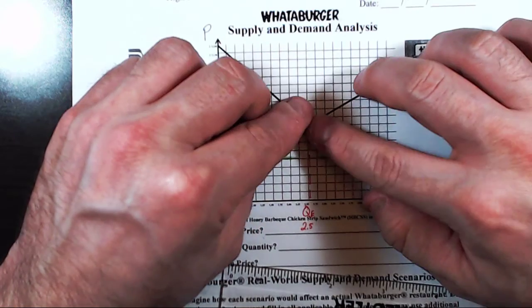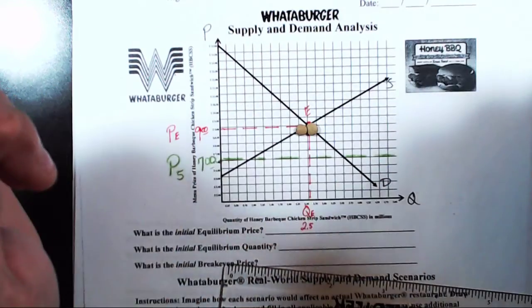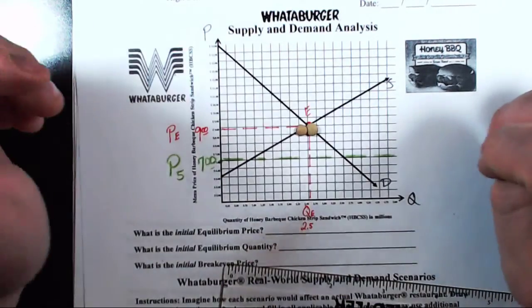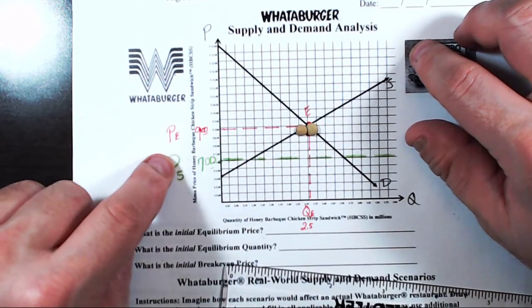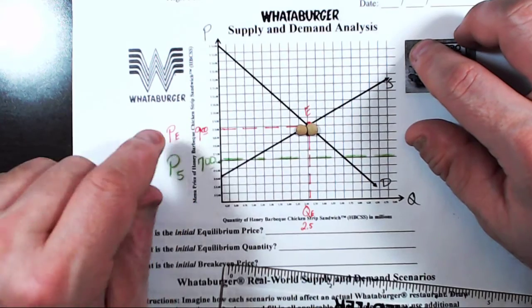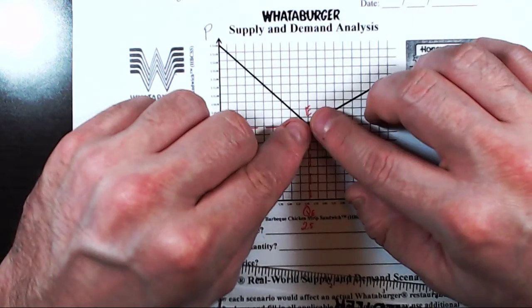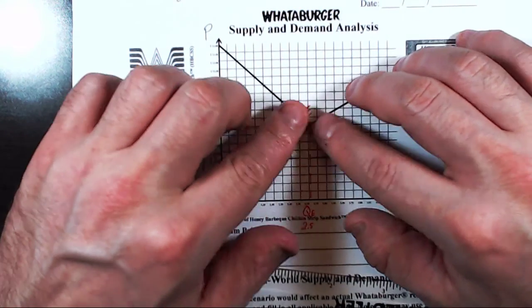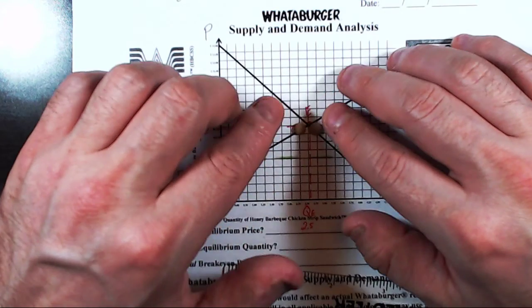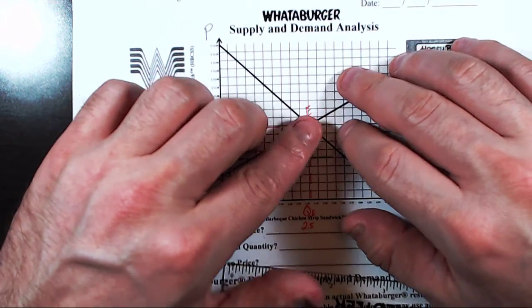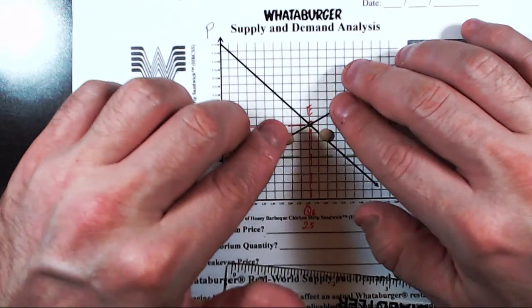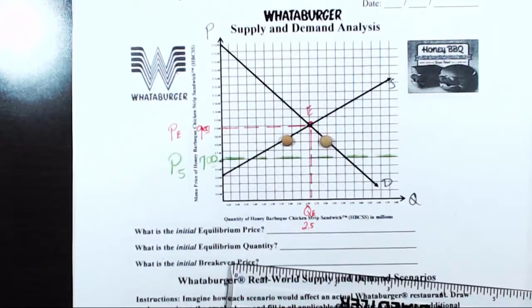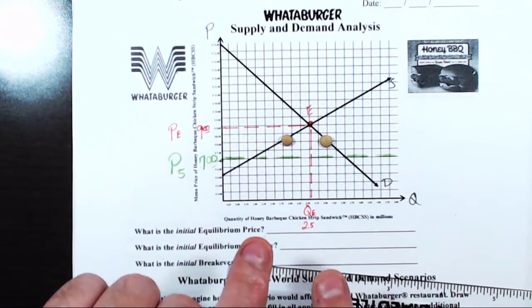All right, so here's what's going on. Whataburger runs this sale and they drop the price of their sandwich. So some person runs out and changes the menu price from $9 a sandwich to $7 a sandwich. We'll use the lentils. Now what's going on is as this price changes, the quantity supplied and demanded begin to